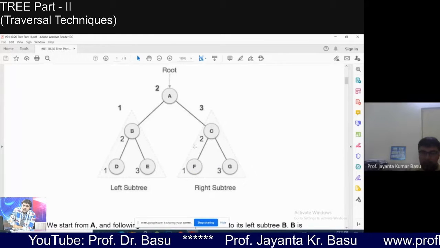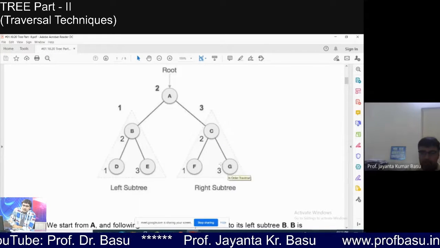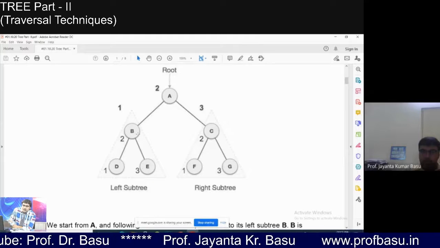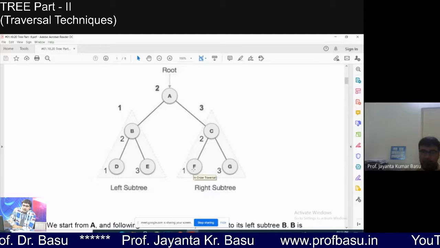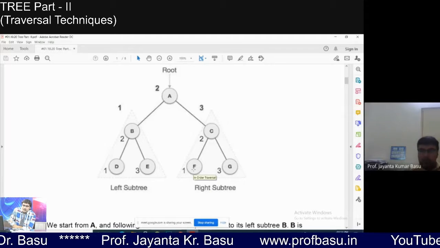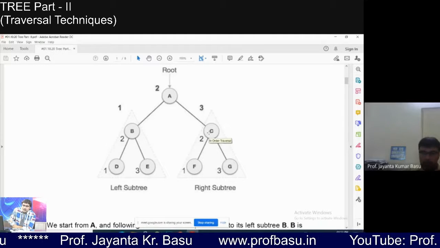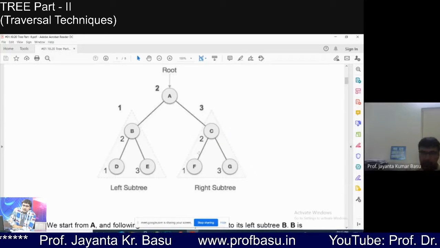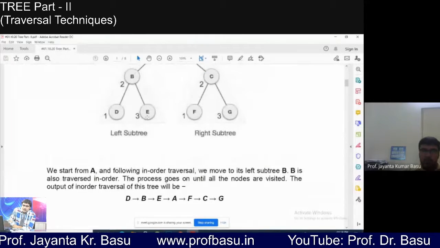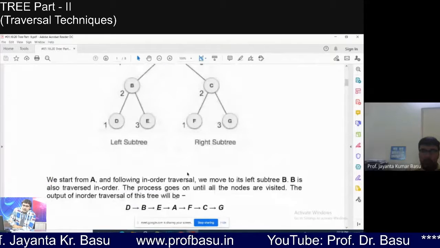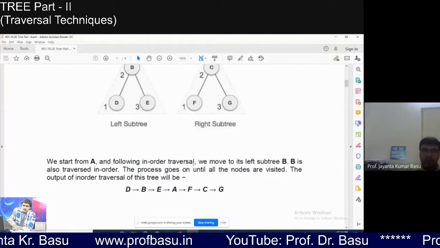Then its root, C, then its right, G. So D, B, E, then A, then the next node will be F because it is the leftmost node of the right subtree. It has no child, so the root of this subtree, its parent C, and then G. Okay, so this will be your sequence: D, B, E, A, F, C, G. So your traversal is completed.